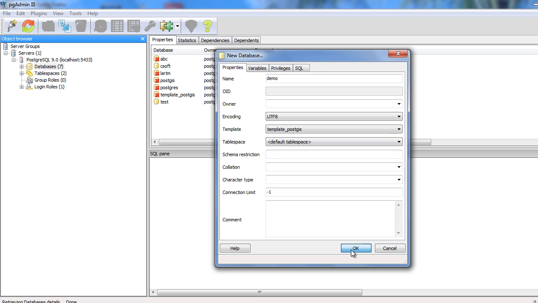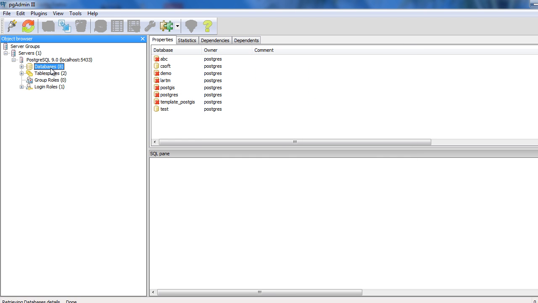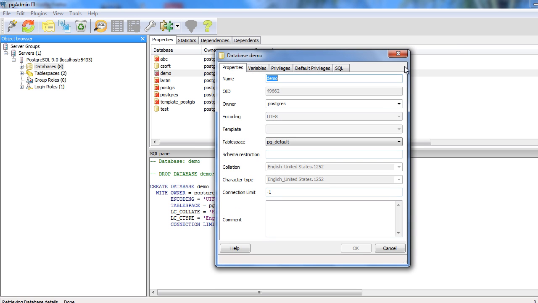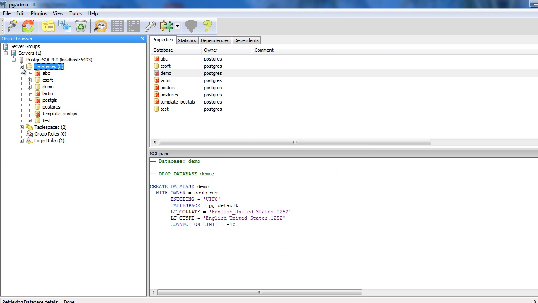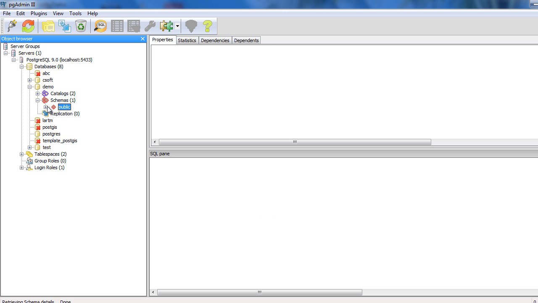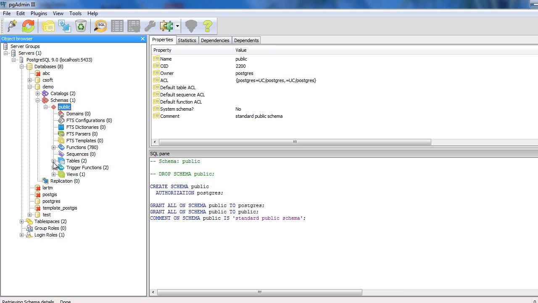So now the database is being created, and yes, here you can see the public schema and these two tables related to PostGIS.